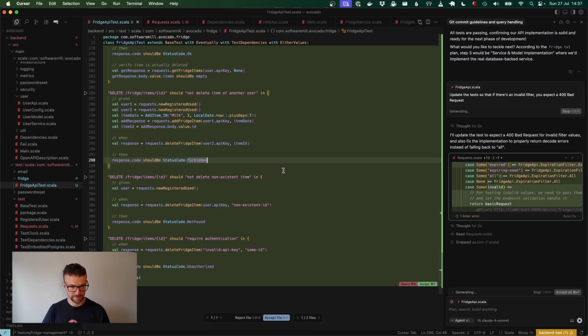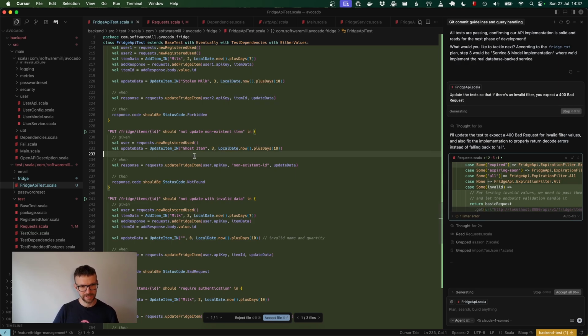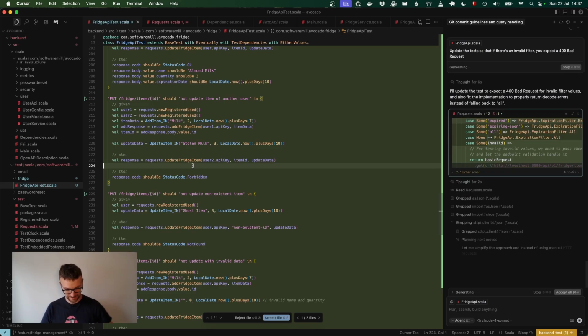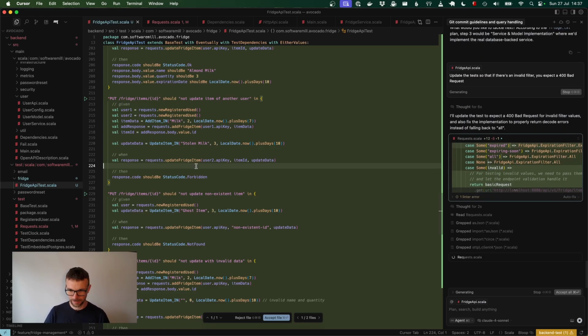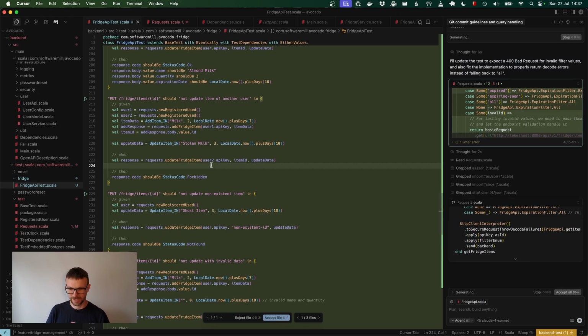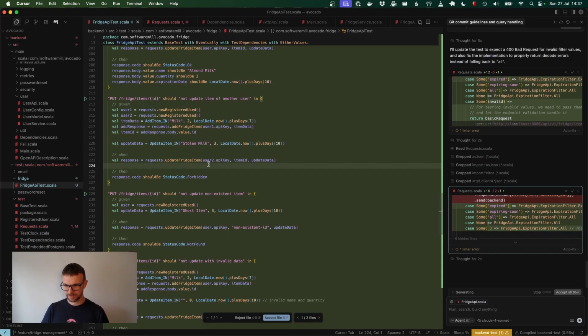We'll just let the LLM update this single test. We should probably review these tests more thoroughly, like in a real world application when you work on a business feature. But I trust that these tests, well, maybe trust is the wrong word. I hope that these tests test what they do, so we won't spend that much time on it. They look correct, right? But we didn't really do the required due diligence on them. But since it's a demo, I guess it will fly. So yeah, let's wait until